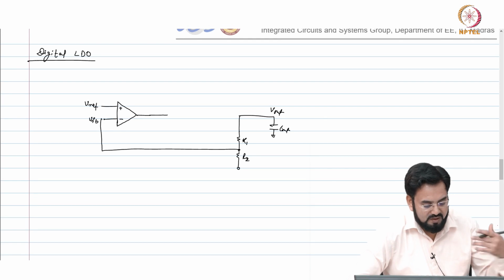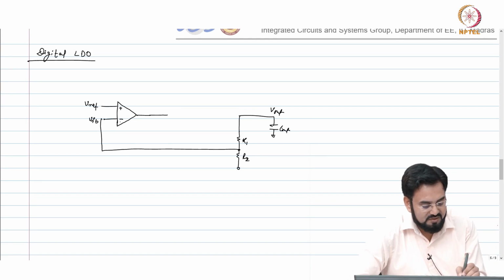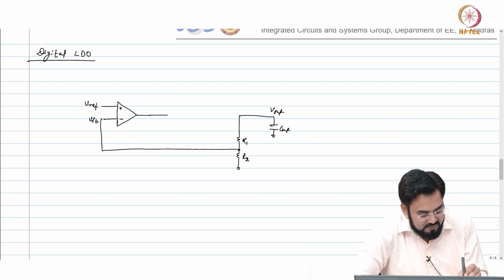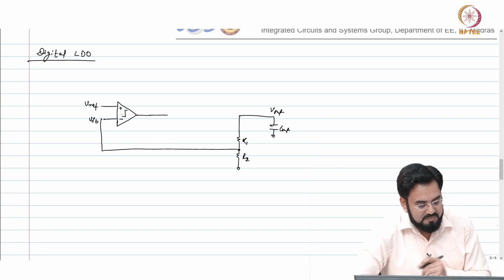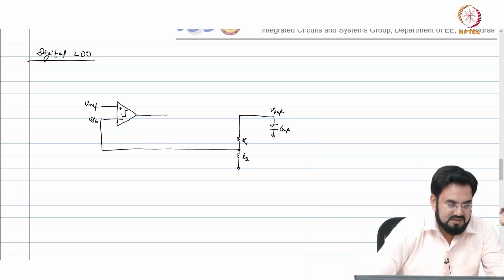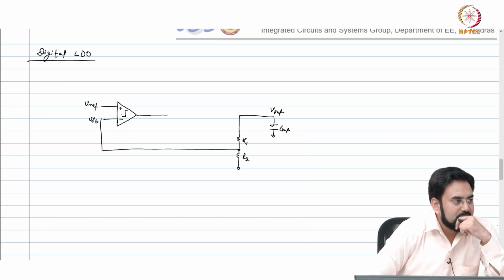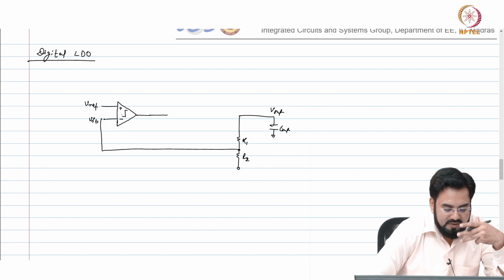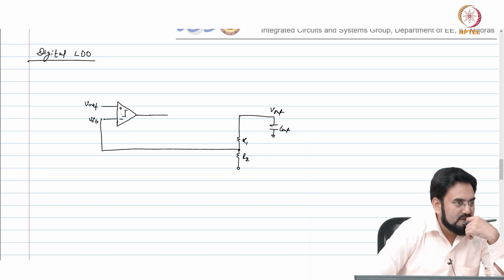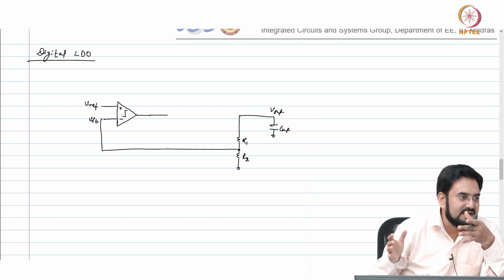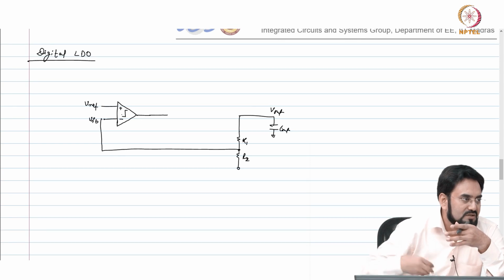So let's consider this is your comparator, but in the analog case this was your error amplifier, so that was driving your pass transistor. Now this comparator is giving me either 0 or 1. Okay, what do I need here? This is generating your error, which is a single bit error. Now you have to accumulate that error and convert it to a code.